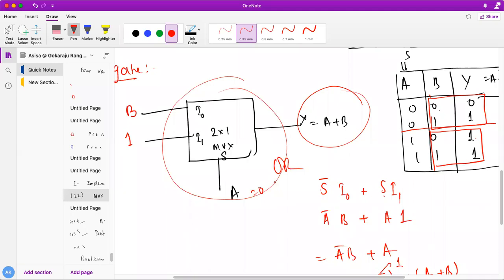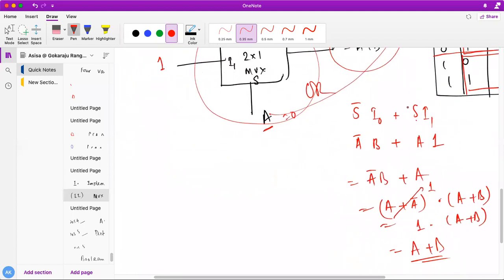What you need to do, first step is you have to keep the MSB of the input, connect directly the MSB of the input to the select line. Next, try to relate the other input.